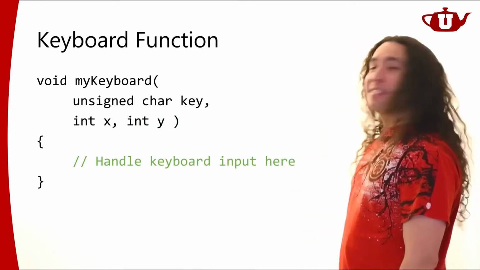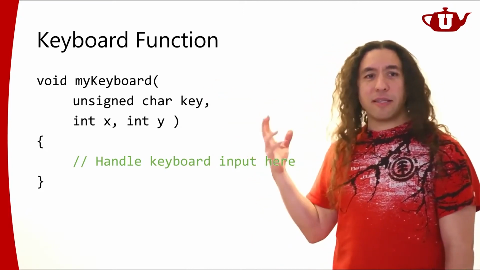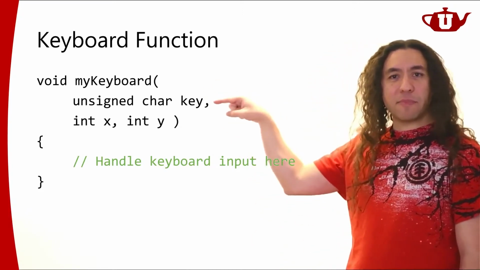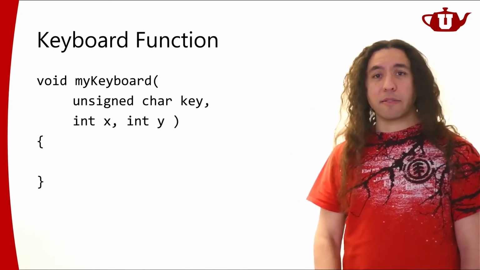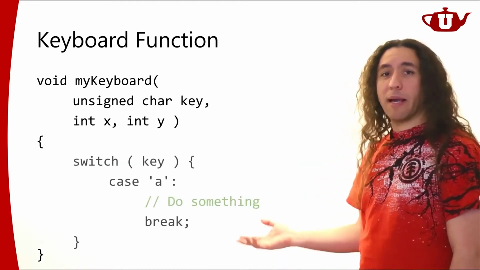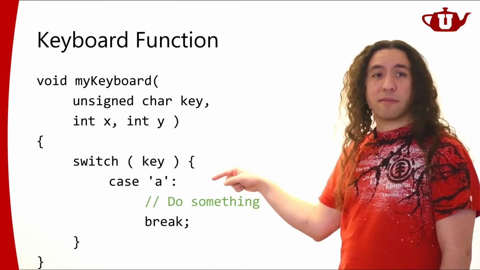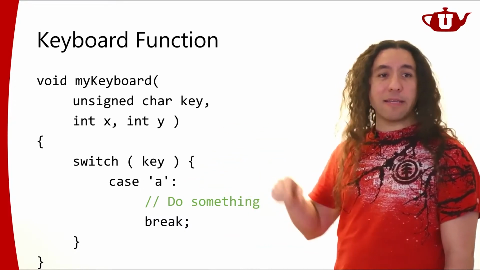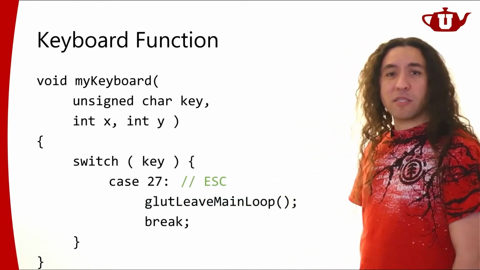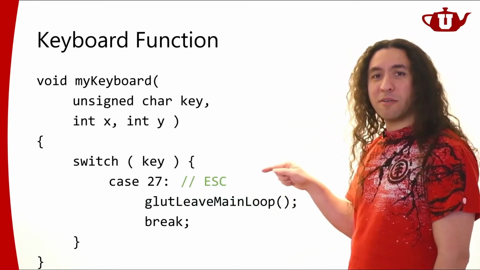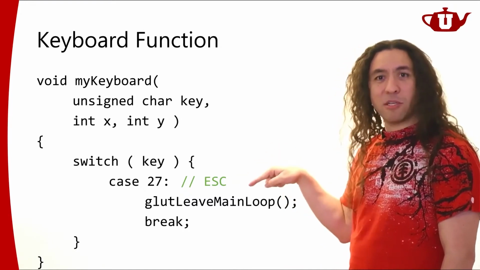All right. Here's another thing that you're going to have to do: deal with the keyboard interrupts. This is the simpler keyboard function that's getting the ASCII key of the key that you just pressed. You handle it in here. You probably have something like a switch statement here, right? Based on whatever key was pressed. Let's say the user pressed A, you do something with A, whatever you're supposed to do. For example, in the project description, I'm saying when the user presses the escape key, exit. So this is how you do it.